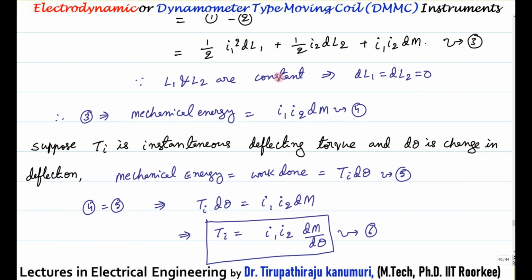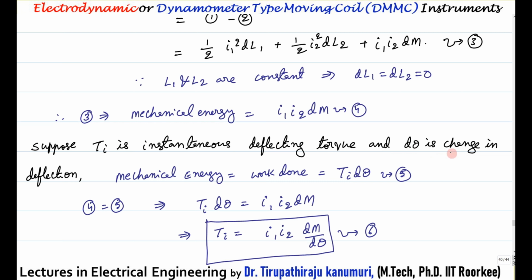Here the values of L1 and L2 are constant. This is a square, right? So I2 square into dL2. Here L1 and L2 are constant, so obviously the differentiation of L1 and of L2, dL1 and dL2, becomes 0. When you substitute here, the equation becomes: mechanical energy will be equal to I1 multiplied by I2 multiplied by dm. Suppose I take Ti as the instantaneous deflecting torque, and